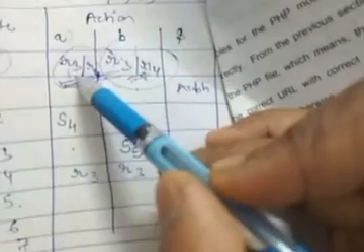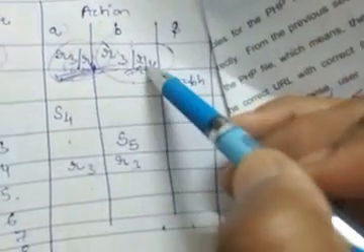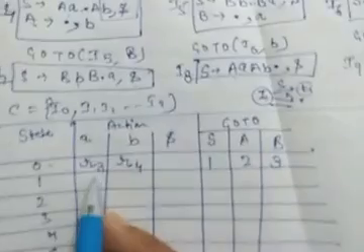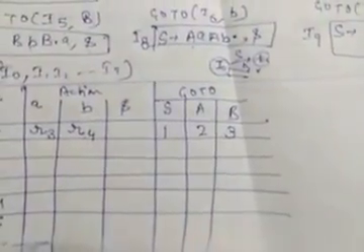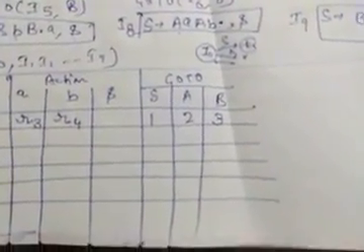So we will see that in SLR parsing there are multiple entries for that particular grammar. But in CLR parsing the multiple entries are removed, so we will find single entries. So creation of the table is just like SLR parsing.